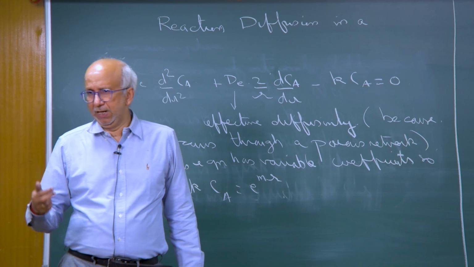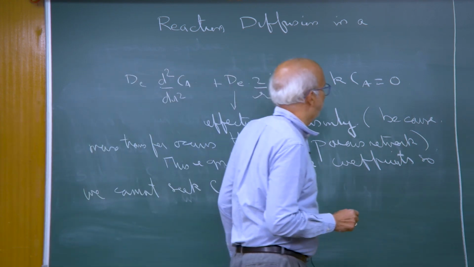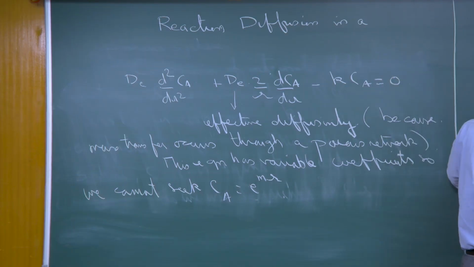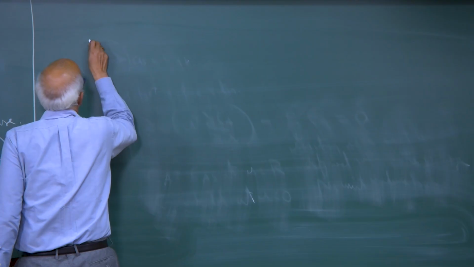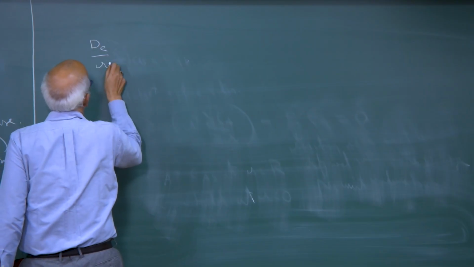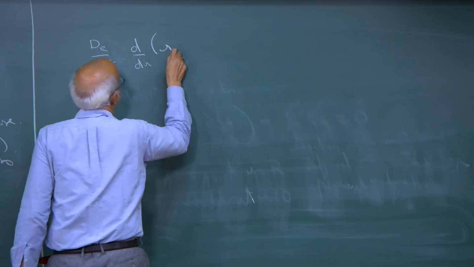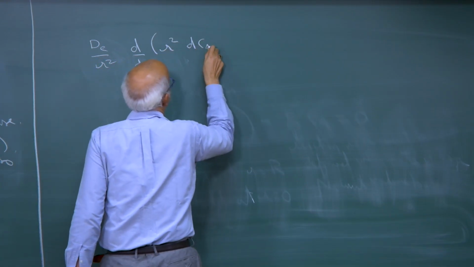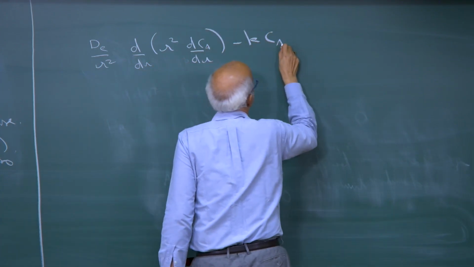So, we could get phi square and all that, okay. So, what we have to do is, we will go back to this equation dE by r squared d by dr of r squared dCA by dr minus kCA equals 0,